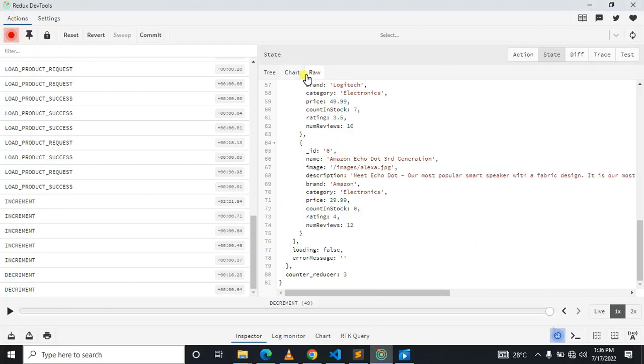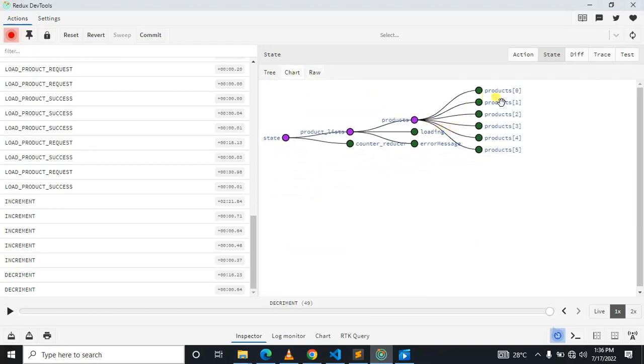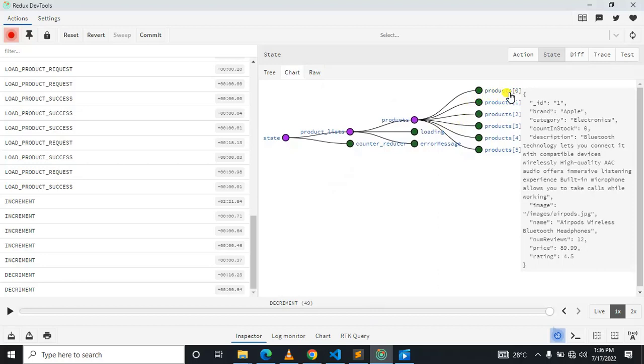Once I come here, the first product, you can see the product brand is Apple, but once I check out, the product name is iPod wireless Bluetooth. That's the